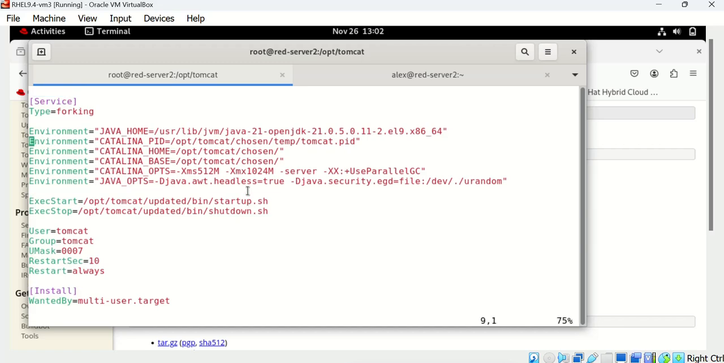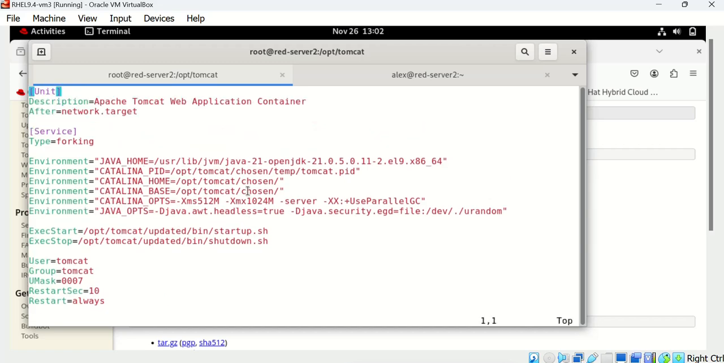Okay, so this is the script. We have set some environment variables: JAVA_HOME, CATALINA_PID, CATALINA_HOME, and CATALINA_BASE. These directories are the same. Since I'm not going to have multiple instances, I'm just pointing both to the same directory location, and CATALINA_OPTS and all of this. All of these things you may have to have, and you have to have the startup.sh and shutdown.sh,